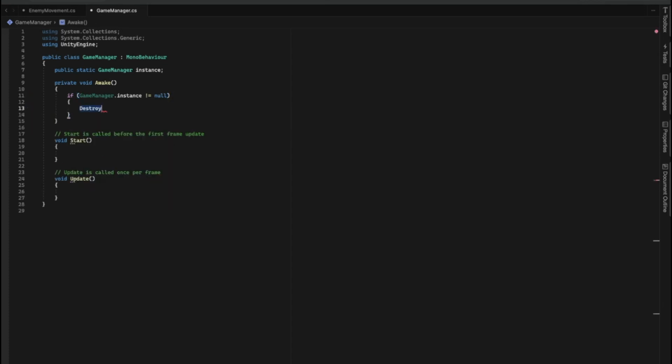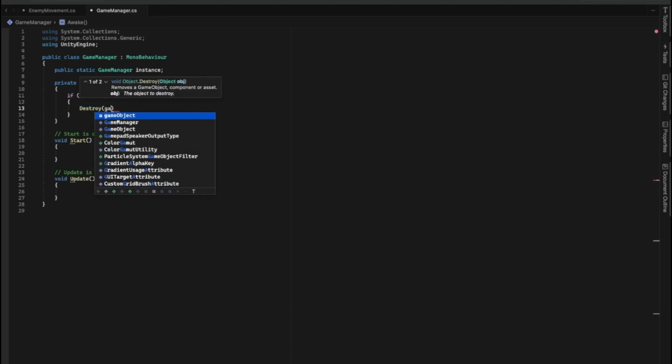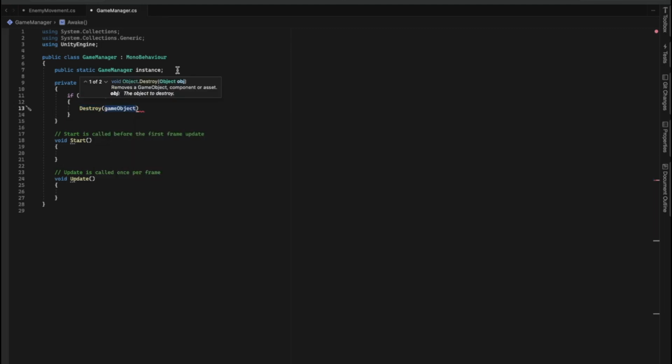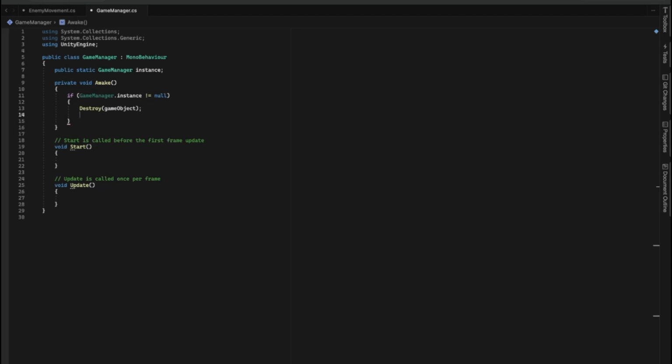If the instance is not null, an instance already exists, then it can be destroyed, and we can exit the method with the return statement. If the instance is null, the body of the if statement is not run. Then we can set the instance equal to this script with the statement instance is this. Now we have set the game manager script as a singleton,